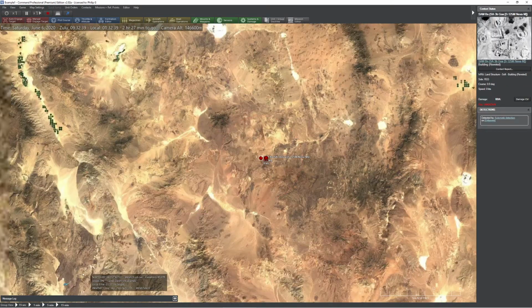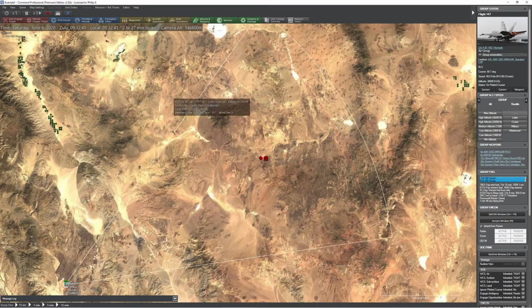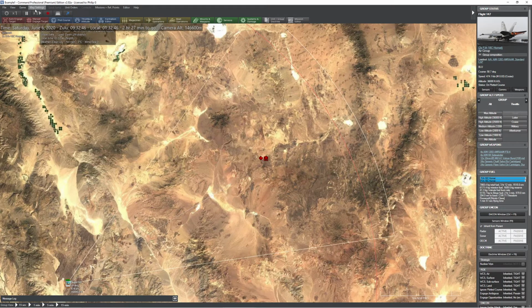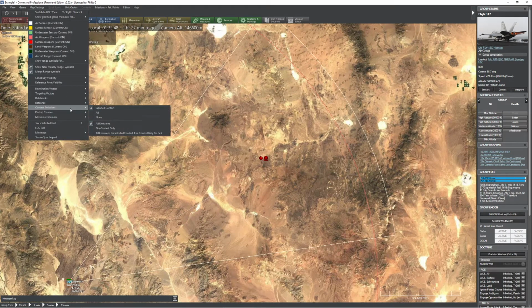If I were to click on the unit and we were able to detect any sort of emissions coming from that unit, it would then display them. So go ahead, contact emissions. We'll go ahead and say selected contact. The other thing this is going to give us the ability to do, of course, is